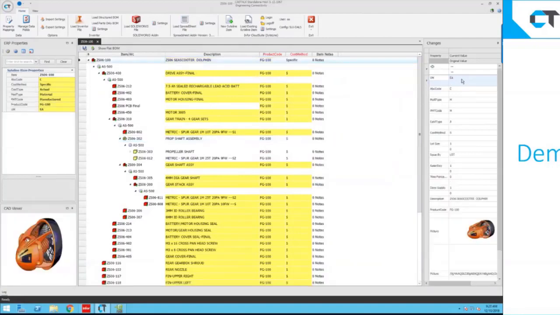It's also keeping track of everything in the changes pane here. So even if you don't have things shown in the interface, we can also see all the changes that have happened right over here in the changes pane. It's giving me the original version and also what it is currently, so the original value and the current value.